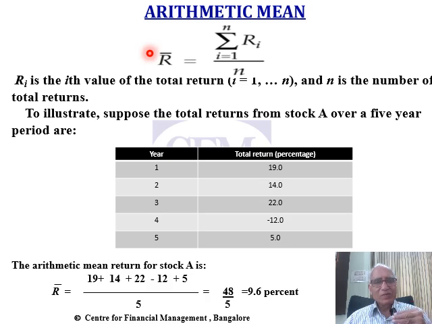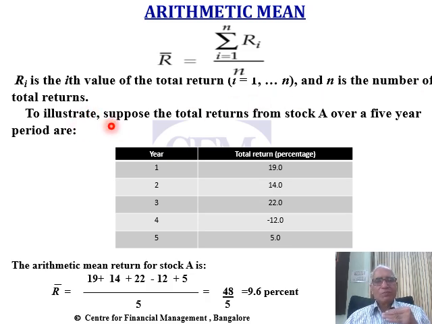We looked at the rate of return over 1 year. How do we calculate the average annual rate of return over a multi-year period? There are two popular measures for calculating the average return: arithmetic mean or arithmetic average, and geometric mean or geometric average. Arithmetic mean is defined as R bar equals summation of Ri, i ranging from 1 to n, divided by n, where Ri is the ith value of the total return for year i, i varies from 1 to n, and n is the number of total